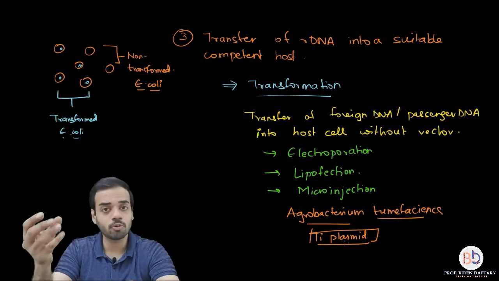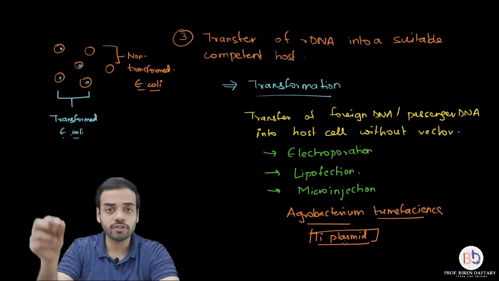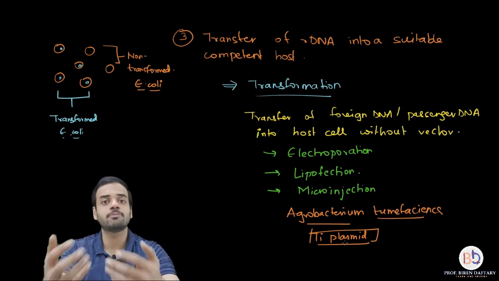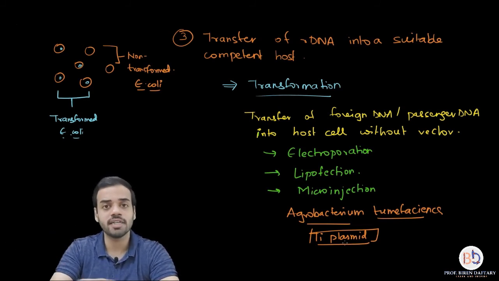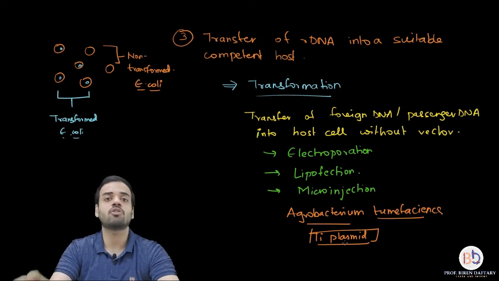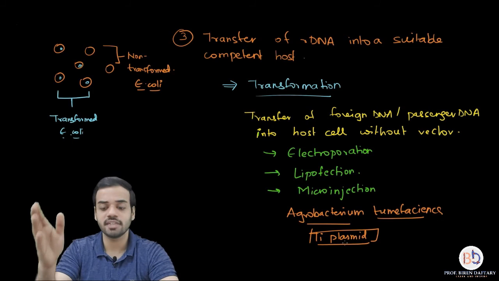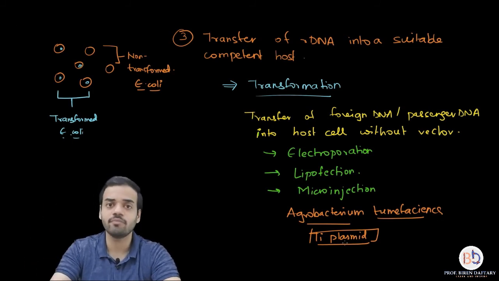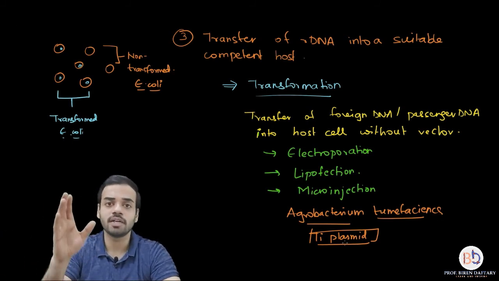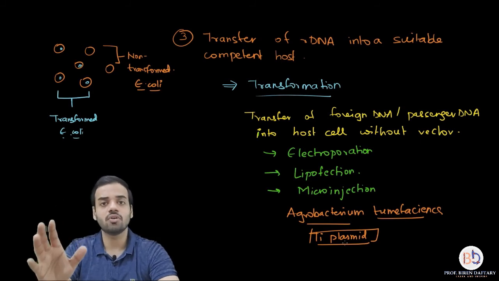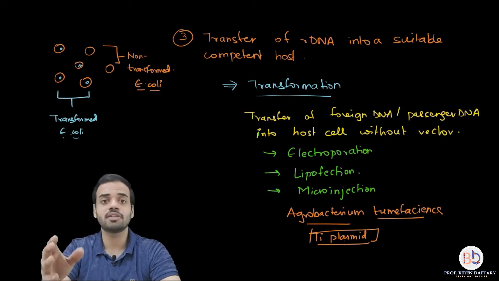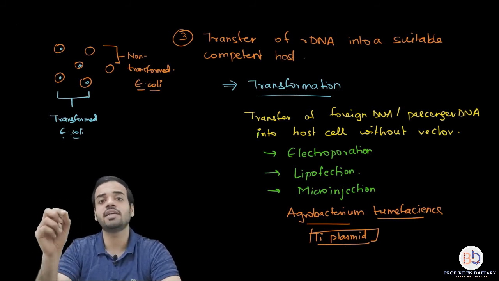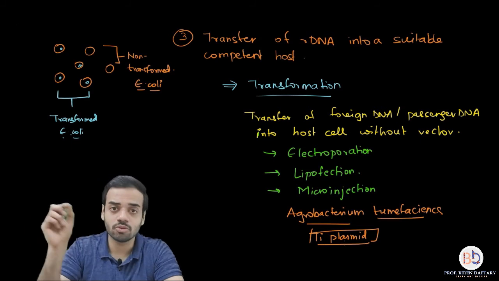Third step, we put this recombinant DNA into the host. Do we forcibly put it? No, the host cell absorbs it. It is called transformation. The hosts which absorb the recombinant DNA are called transformed bacteria, transformed cells. Those which do not are called non-transformed. It is not compulsory that all E. coli or all Agrobacterium will accept that recombinant DNA or foreign DNA. Is this clear? Okay, so that is the third step. If you don't want to use a vector, I have written down the methods how you can directly insert the foreign DNA or the desired gene into the host.